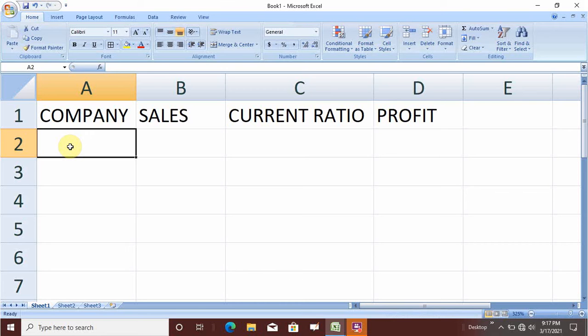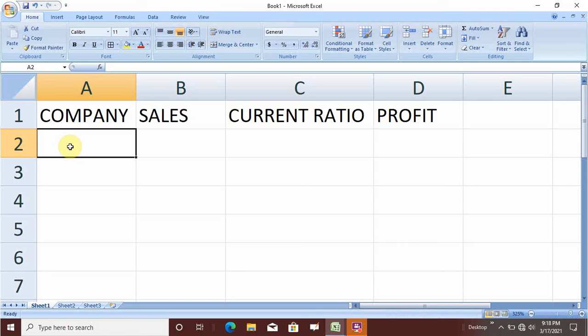Learners, we use VLOOKUP in such a way that it dramatically reduces the time and data analysis becomes easier. So let us see how we can use the VLOOKUP function.